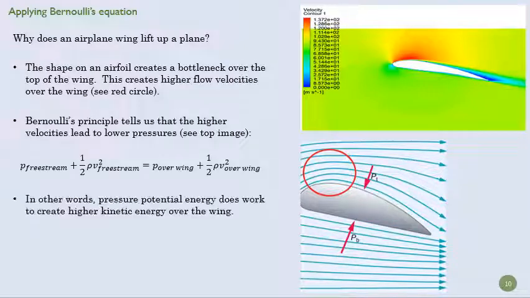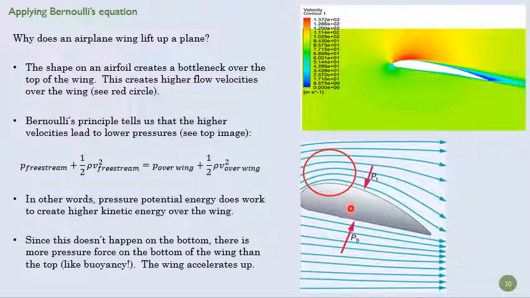There's Bernoulli's equation. So the pressure potential energy is used up to increase the kinetic energy. The pressure goes down. We have more pressure down here at the bottom than we do at the top. And then we can draw a simple free body diagram, right? We have pressure times area, that's the force on the bottom. Pressure times area going down at the top. But since our P term is so much bigger on the bottom, it creates a lift on the wing, and your airplane flies